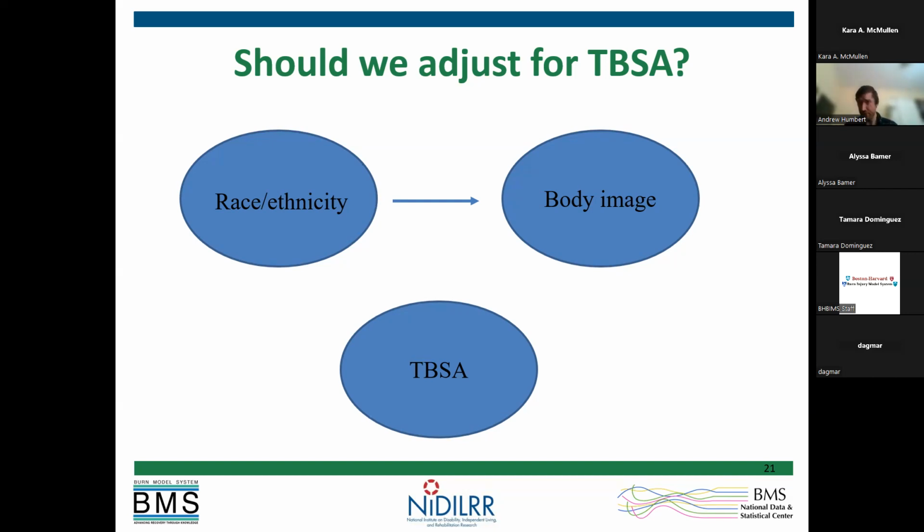So I think it could be feasible to adjust for this. This one I did want to dive into a little more, because I think it's going to be really important to critically think about what specific question we actually want to account for. Here I left it very vague: does race and ethnicity affect body image? But the question needs to be fine-tuned to get at: should we actually adjust for this burn surface area,